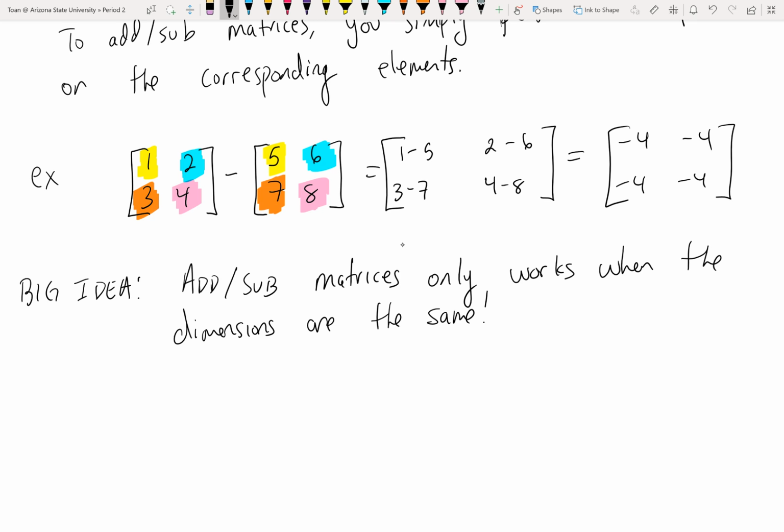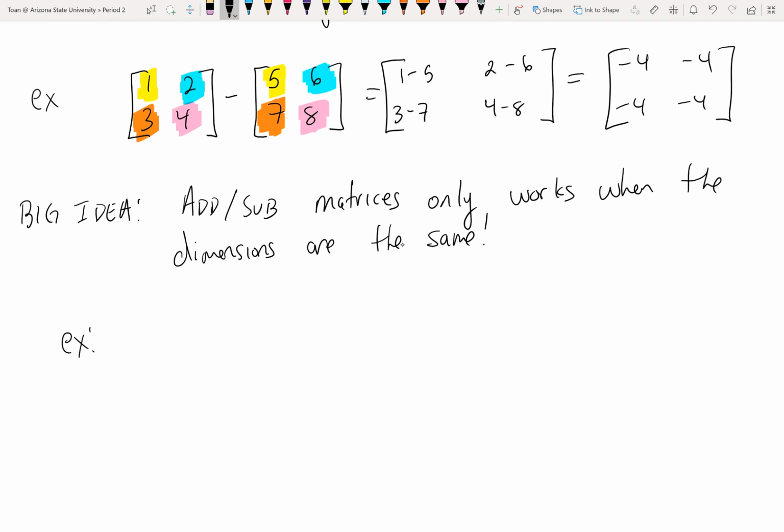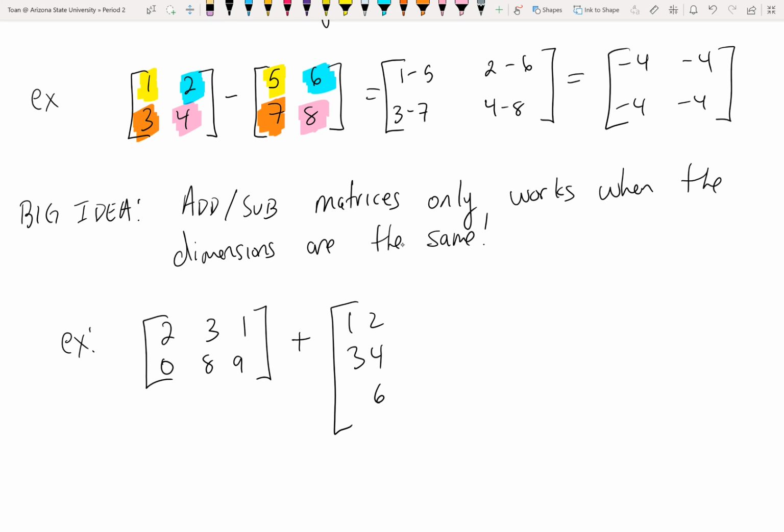Natural question would be asked, well, okay, Mr. Vo, what happens if they're not the same? Well, if they're not the same, then you just simply say it's not possible. So, for example, if I asked you to do something like 2, 3, 1, 0, 8, 9, and I want you to add it to 1, 2, 3, 4, 5, 6,